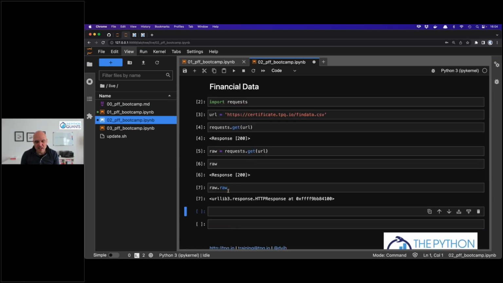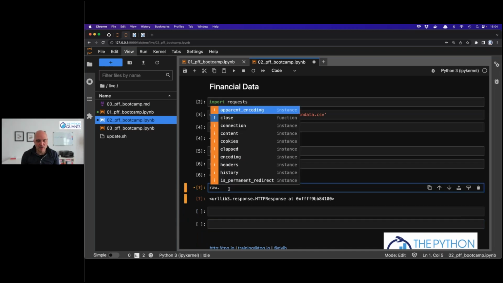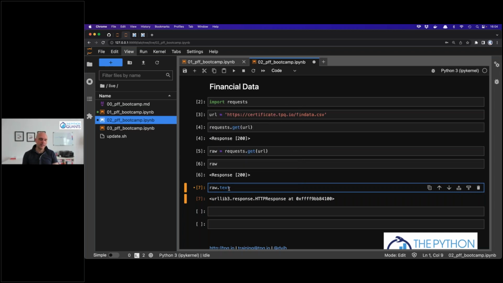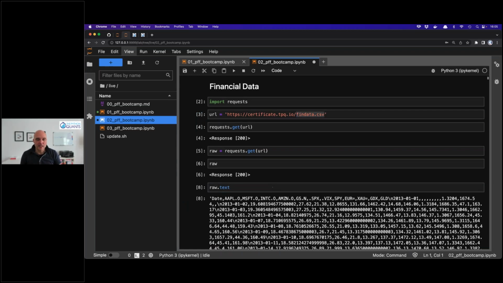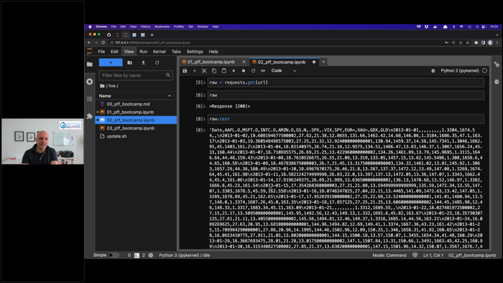Maybe we have a look at raw, for example. That's still not that meaningful, right? We need to look further. And what I'm looking for comes a little bit further down, and it is the text here. So raw text, because if this is indeed a comma separated value file, this is nothing else than a text file, right? So let's see if it is a text file. And indeed, you see here the beginning of the text file,